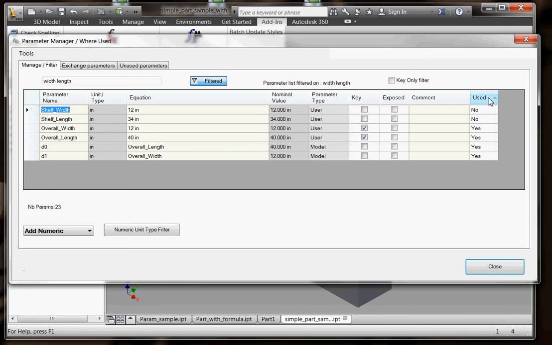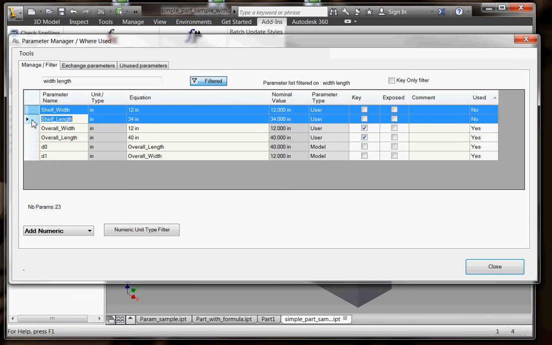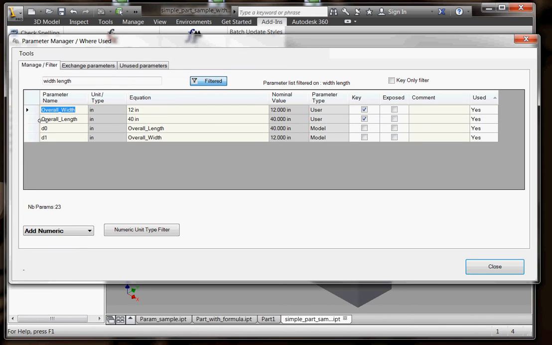Another aspect I wanted to include is to give the user a quick overview of the actually unused parameters that are not obvious to see with the standard tool. So I can see that I have those two parameters that are actually unused. I can right click in the margin and delete all these parameters at the same time. Very useful too. Another aspect I wanted to, of course, provide is a basic parameter creation tool,